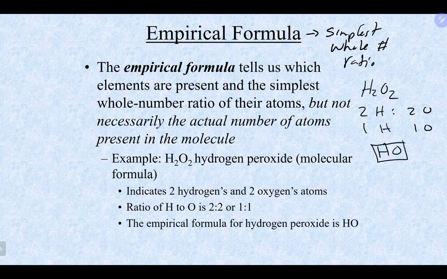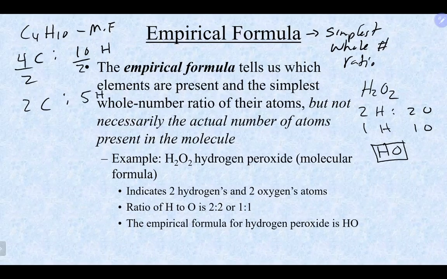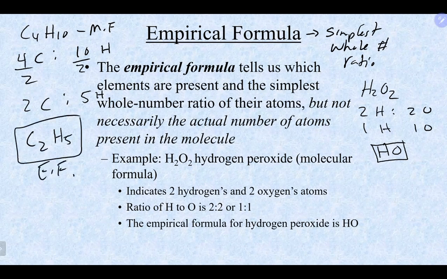If we did our C4H10, if this was our molecular formula, that is basically 4 carbons for every 10 hydrogens. You could actually reduce everybody down by 2 here. That's the same as 2 carbons for every 5 hydrogens. And that means that we end up with C2H5 as its empirical formula. So it does have to be whole numbers, the subscripts. You can reduce it down by dividing by a common number, but when you divide, you've got to still hit whole numbers for everybody on the bottom. So if you can't do that,